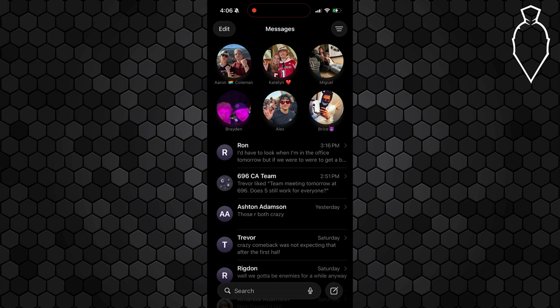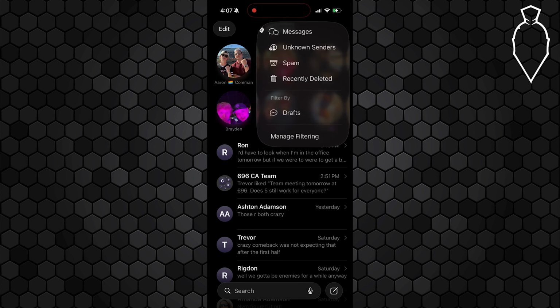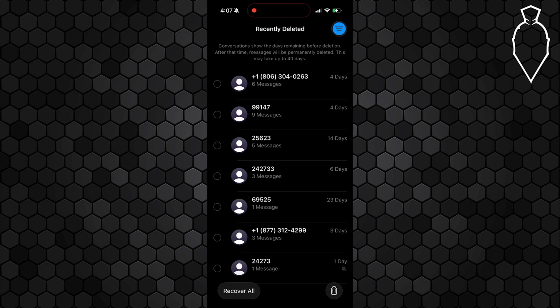Begin by obviously opening up the Messages app. Once you're inside the Messages app, go ahead and select these three little lines up in the top right corner. You may have to hit edit and then these lines will appear, but essentially open this up and select recently deleted. This is going to show you all of the recently deleted messages on here. But if the messages that you're looking for aren't showing up or it's been more than 30 days, don't worry,